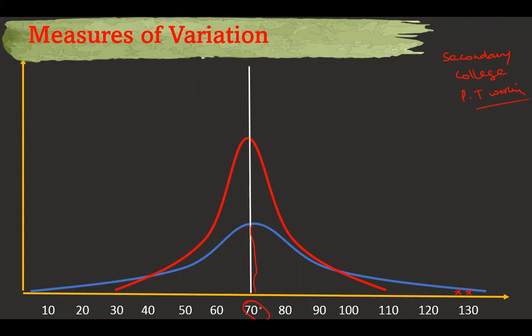Here also the mean is 70. Now I'll go for the people who are working. They range from 40 minutes to 100 minutes only, and their average is also 70. So whenever I go for variation, I can mention this: they are using it from 10 to 130 minutes, from 30 to 110 minutes, and from 40 to 100 minutes. So I can tell here how measures of variation differ from measures of central tendency, even though the average